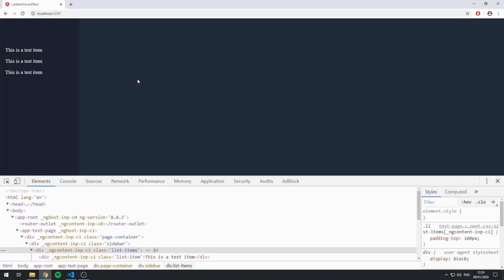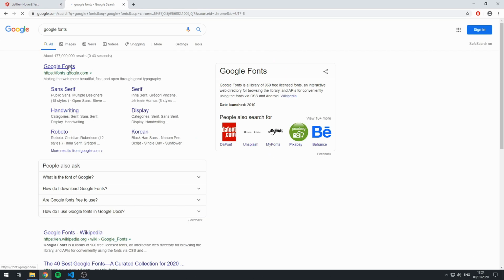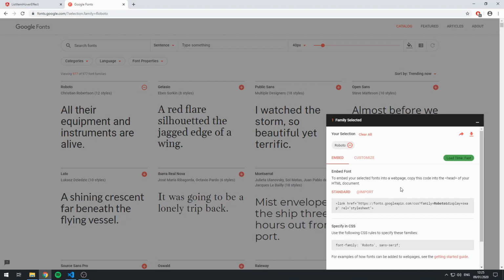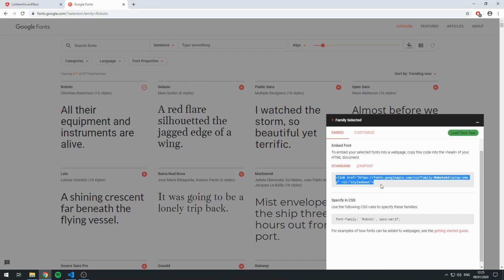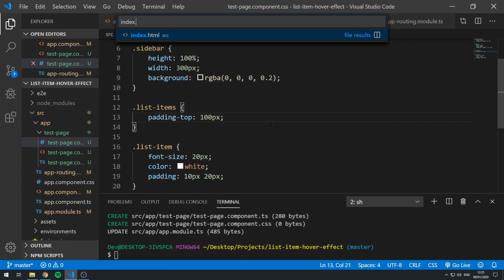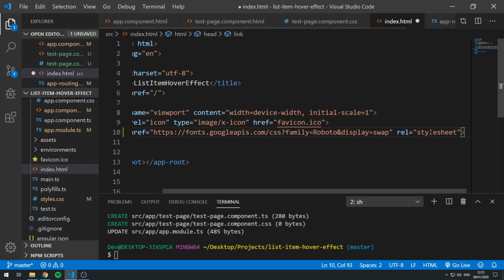The next thing we can do is change this font. So let's go to Google Fonts and find a good font. Let's just use Roboto, this font here. Let's add it, copy this, and now go back to our code, to the index.html file, and paste it in here. Cool. Alright, so let's save that now,